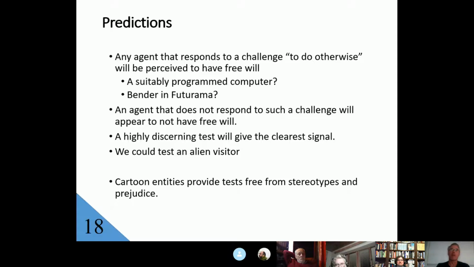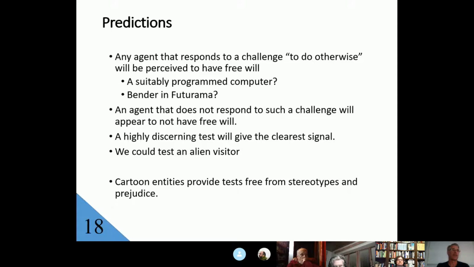But if he was truly logical and was asked, will you put your hand in a flame or do something illogical, he would say no. Why should I? Yeah, he wouldn't be acting much different to a characteristic robot. So another prediction is that if an agent doesn't respond to such a challenge, it will appear not to have free will. And you can do all sorts of things with finely judged decisions,